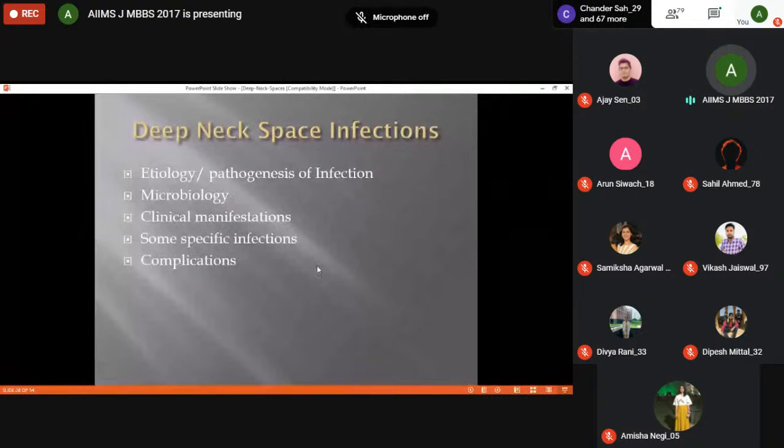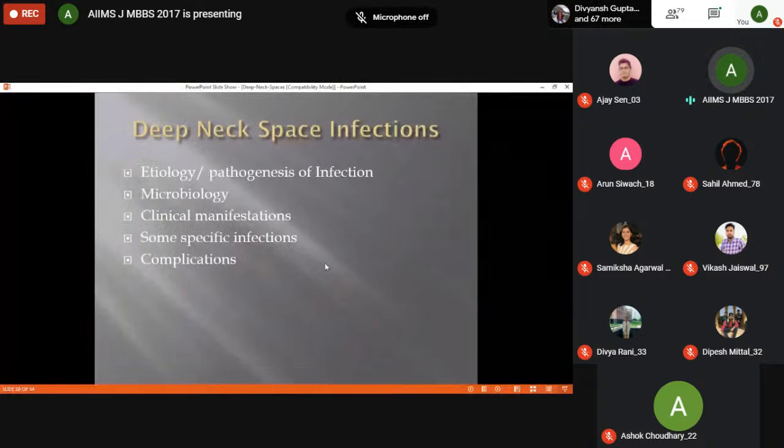Now we are clear with the anatomy, and now we will discuss if there is pus over this area. We will discuss first the etiology of infection, then the microbiology, clinical manifestations, some specific infections, and then the last is complications. The first is,